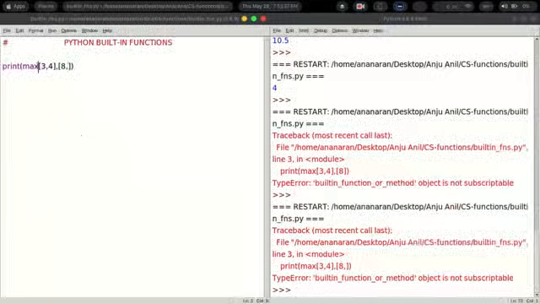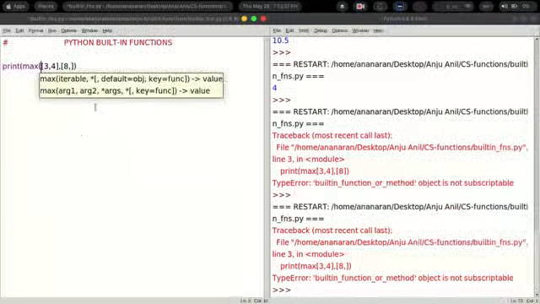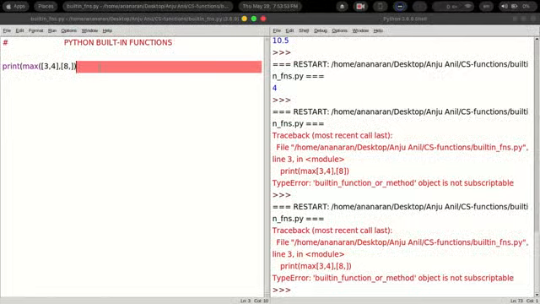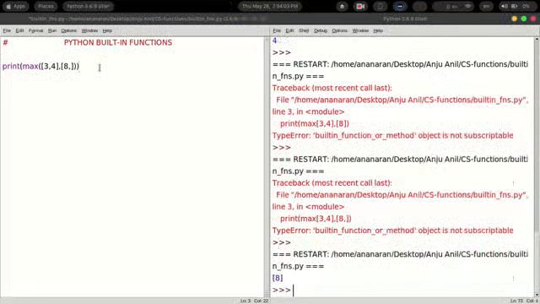There was a mistake with this bracket here. And so you will get the output as 8.